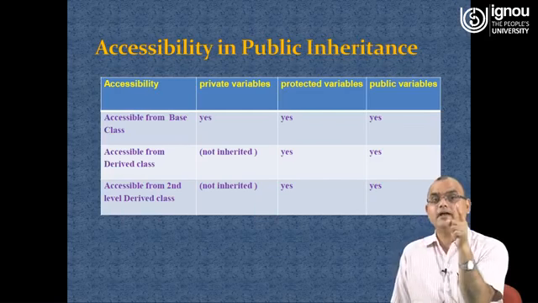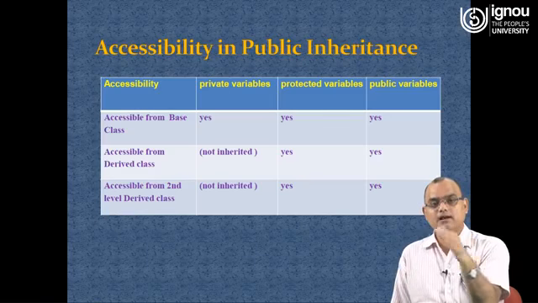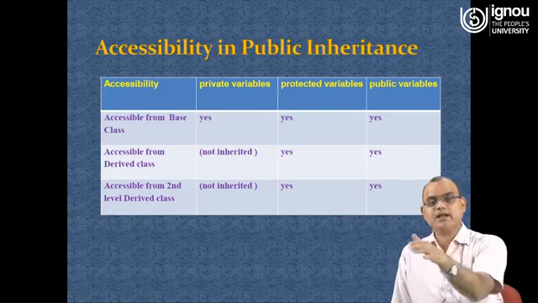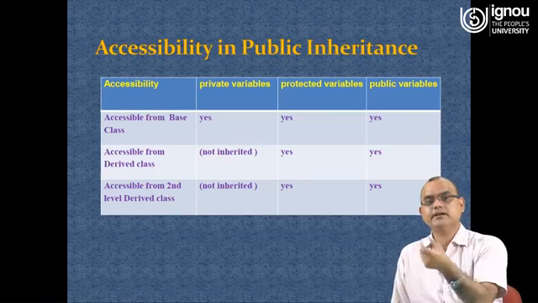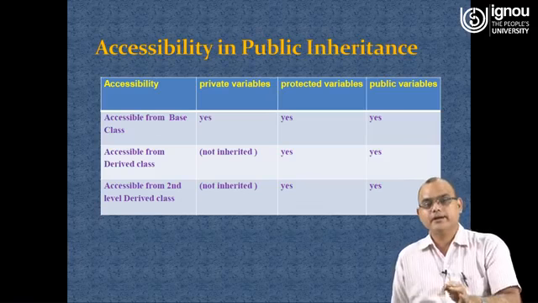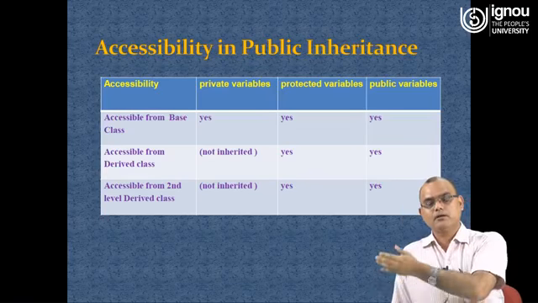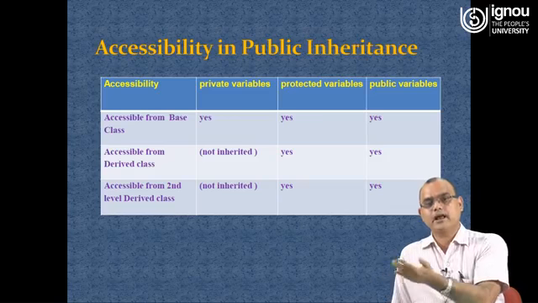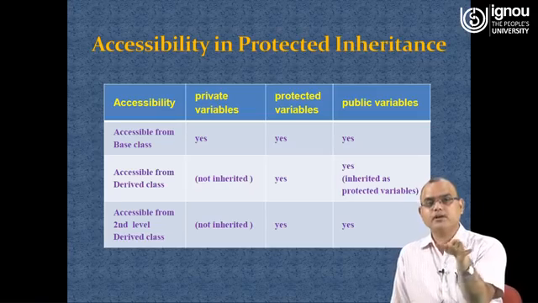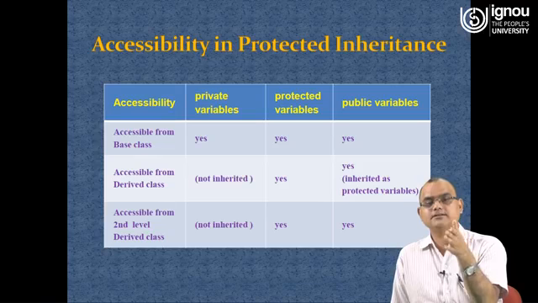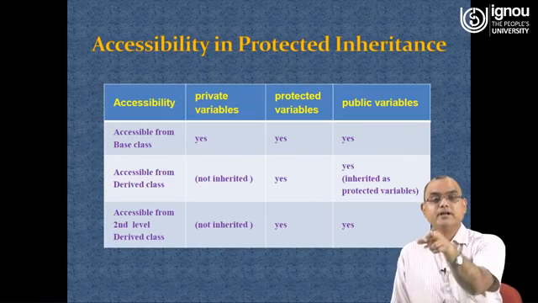In which case? When we are doing public inheritance, and at the third level also you see protected and public are accessible. So it is the most generic kind of accessibility at the time of inheritance, the public one. It means whatsoever is there comes to the lower levels of the hierarchy, and the derived class can access it. The next will give a more clear picture. Class A definitely can access its own private, public, and protected. Class B cannot access the private, it can access protected, but public also becomes protected here,